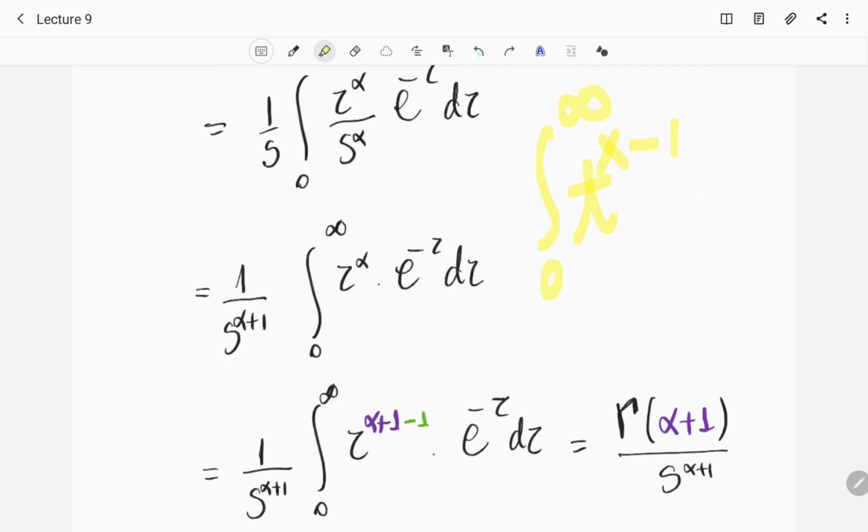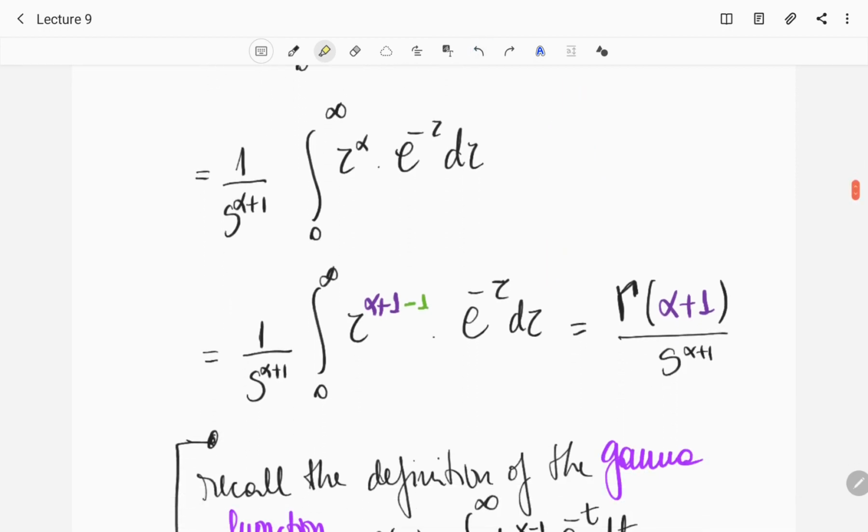So we need that minus 1 in some sense. So a normal trick in mathematics is: okay, I need a minus 1, so I put it, but I want to keep the identity, so I put a plus 1 too. And this is exactly